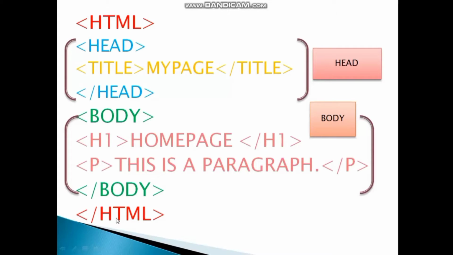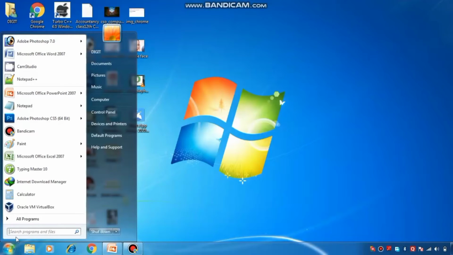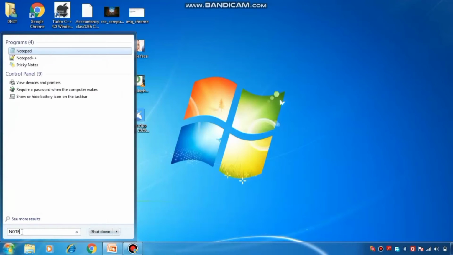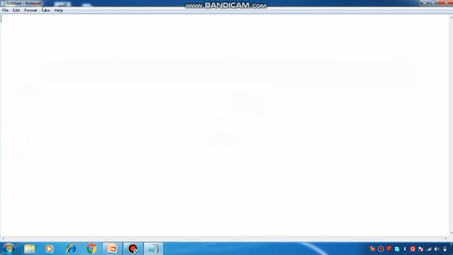Now in this video we are going to learn about creating the HTML document. So students, for creating the HTML document we have a number of text editors in which we can write our code or scripting code. For that we have Notepad, WordPad and Word etc. So we will start our script by using Notepad. First you have to click on start, then write Notepad and press enter. Your Notepad window will appear on the screen. So we will start writing our scripting here.